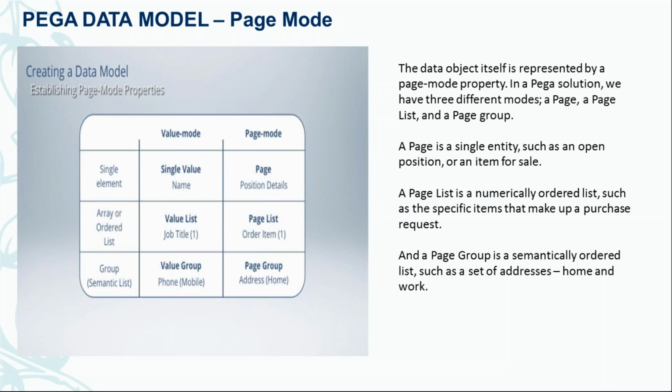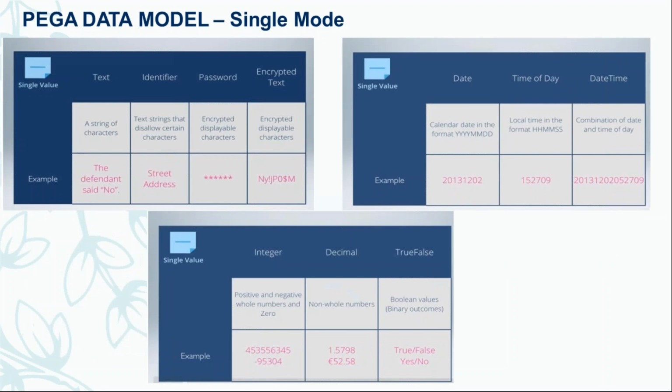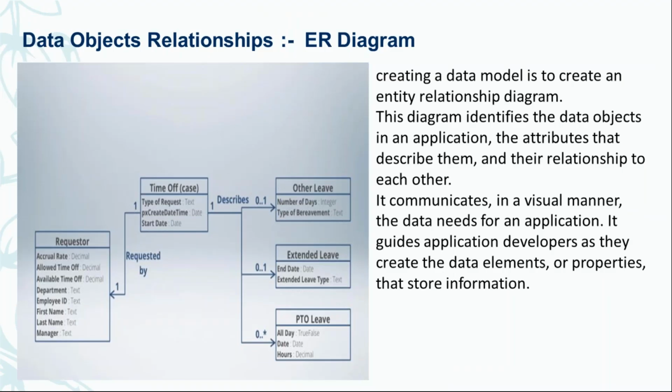Initially we get some fields, and after implementation we also need many more data fields to be added into the system. So this will give you an initial picture of your application, what the different fields and data are that we require to process our case. Now I'll go to the Pega application, and I'll show you how we can create this model in our Pega application.